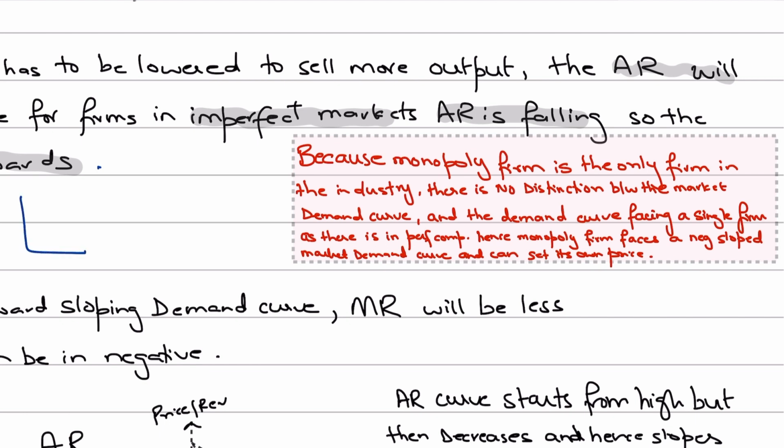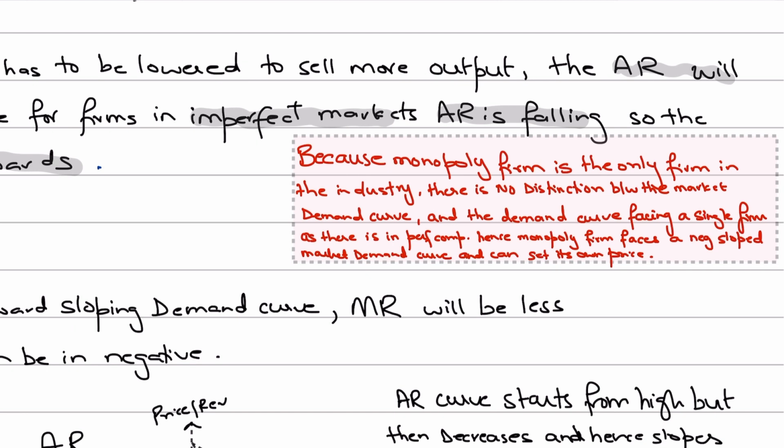We said that the market demand curve in a perfectly competitive market is downward sloping, while the demand curve, which was your average revenue curve, of an individual firm, which is very small in proportion to the total market size, faces a horizontal demand curve, right? We discussed that, but we won't make such a distinction here. So there's no distinction between the market demand curve and the demand curve facing a single firm, as there is in perfect competition. Why? Because a monopoly firm faces a negatively sloped market demand curve,